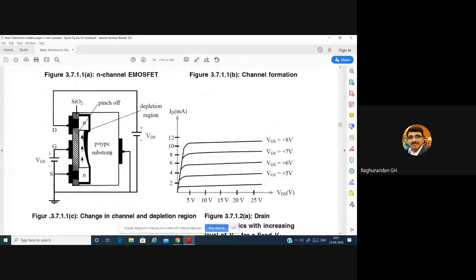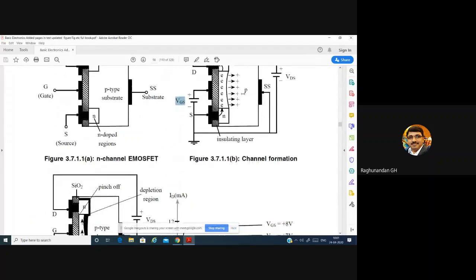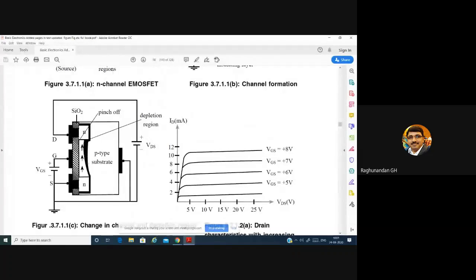So you can see still a further, more clarified figure. This is initial channel formation. After that, when it starts working, you can see that this N type is connected to the positive terminal and this P substrate is grounded. The N type is connected to the positive terminal means what kind of biasing is happening over here? Can anyone tell me? The N type is connected to positive and P type is connected to ground. So see, this ground means automatically it is negative, right?